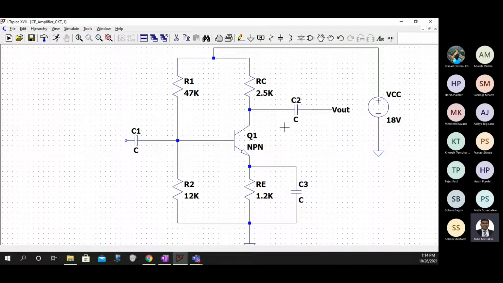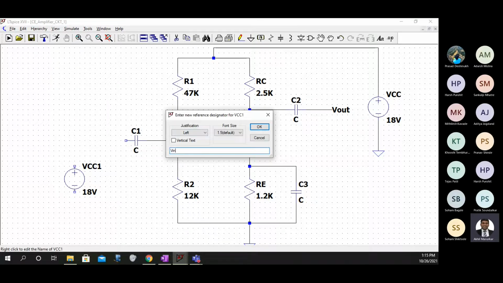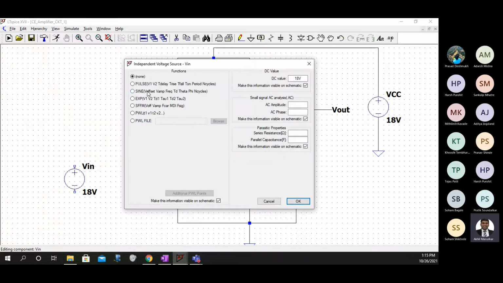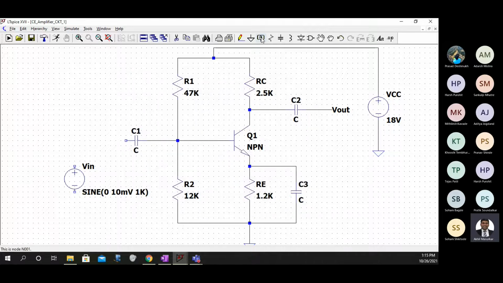This is the circuit that we are powering, and obviously we have to have an input without which we cannot actually work. So I'll call it V in, and the input has to be sinusoidal in nature. So you can say DC offset is 0. You can take this as 10 millivolts, and frequency 1 kilohertz,